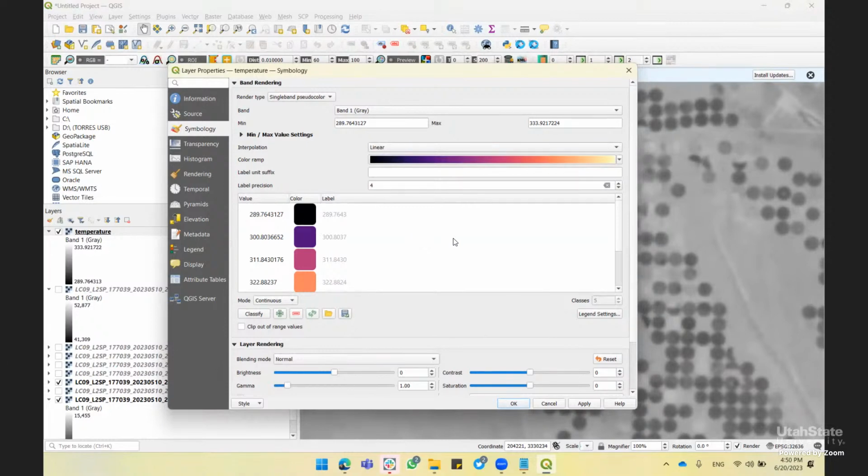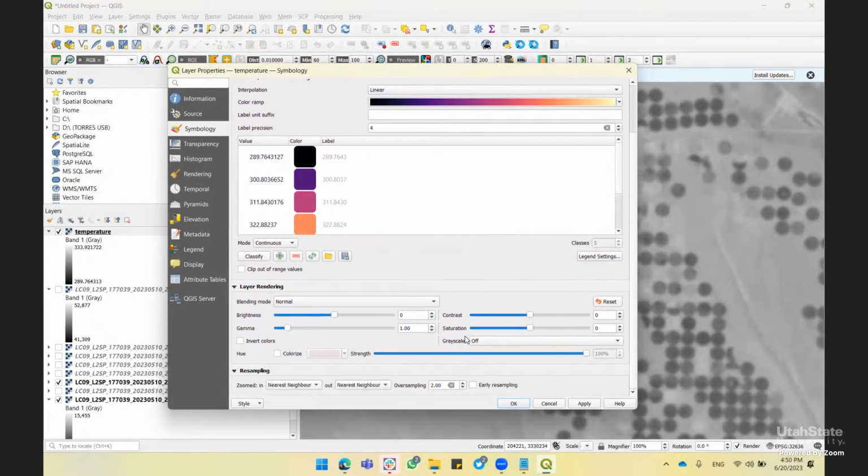So now, we need to invert the color scale to be the darker ones with the higher temperature. There is an option here that says invert colors. What it is saying is that I'm going to keep dark colors to the low temperature values and bright colors to the high temperature values. But if I don't like that, I could invert it. There is an option here at the bottom that says invert colors. If you click there,